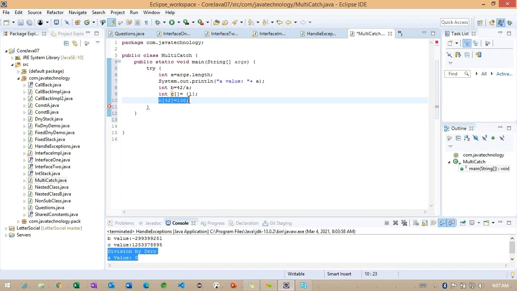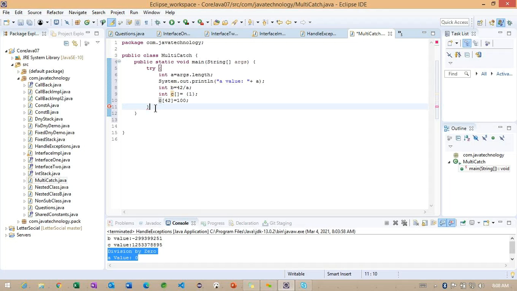At the 42 index, this is the index here, we are trying to initialize the value that is called 100. But as of now, we don't have the 42 index. Up to how many indexes do we have? We have only one index, that is 0. The size of this int array is only 1. Getting the point. So we don't have a size of 42 or 43 to insert this value inside the 42 index. So we'll see what kind of exception we are going to get.